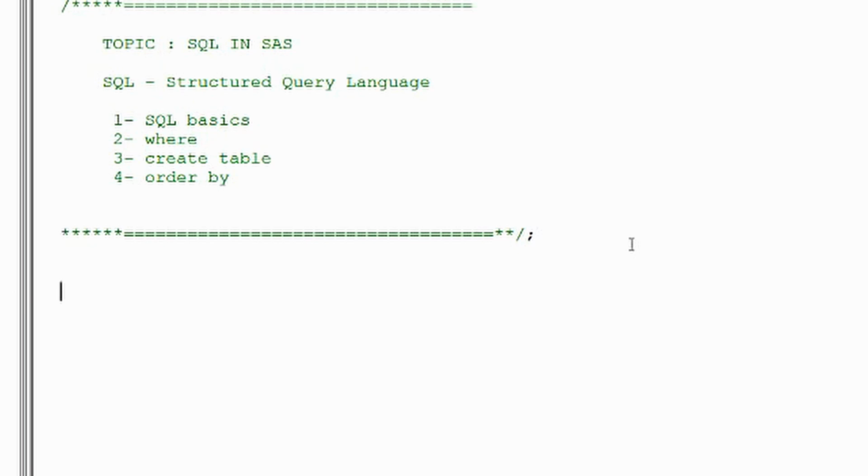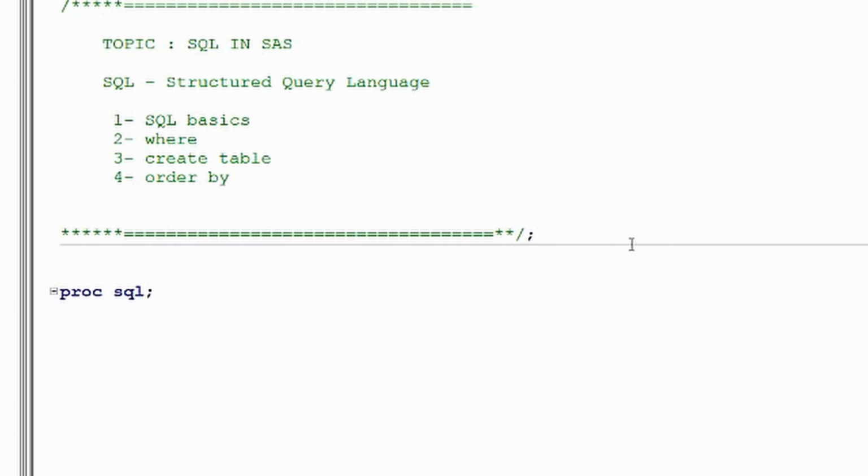We call the SQL engine in SAS by using PROC SQL. Remember, in the beginning I said that SQL is a language that is used in databases. If we want to get something from the database, print something from the database, or manipulate the data sets in the database, we use Structured Query Language, or SQL. It's a very simple language to learn and very powerful. In fact, it's very important to learn if one is to make a career in the analytics field.